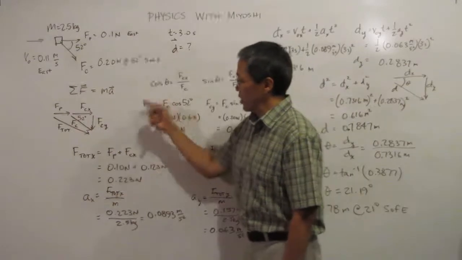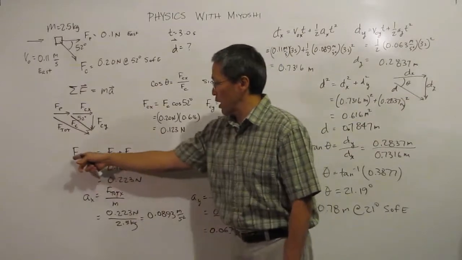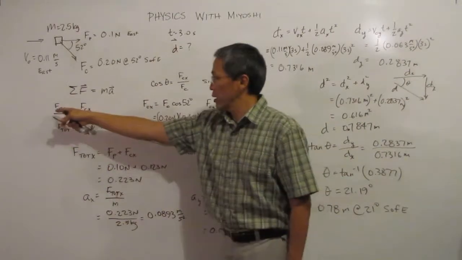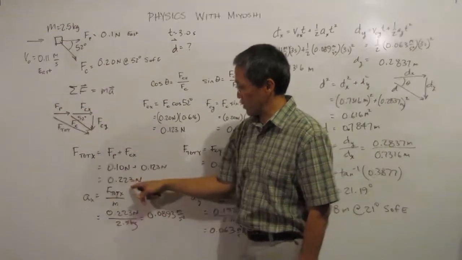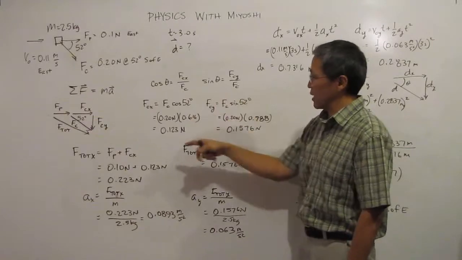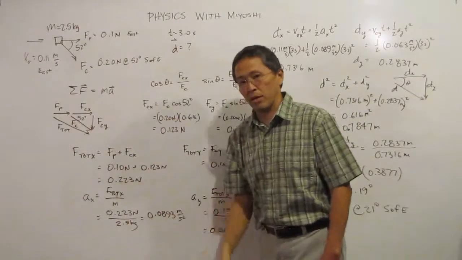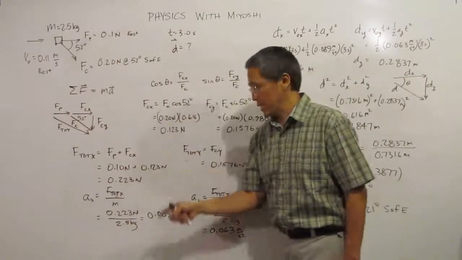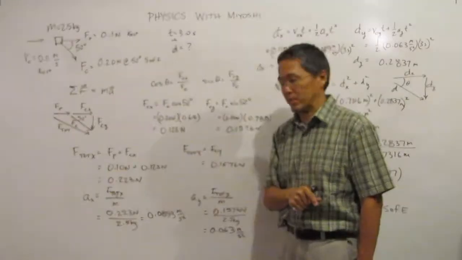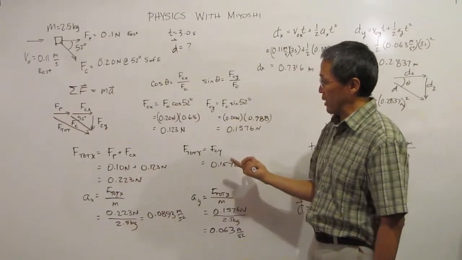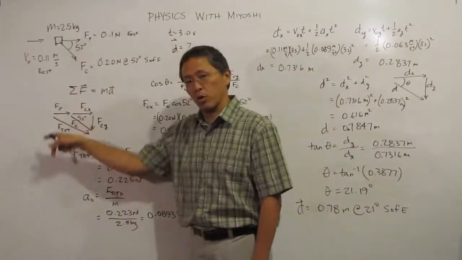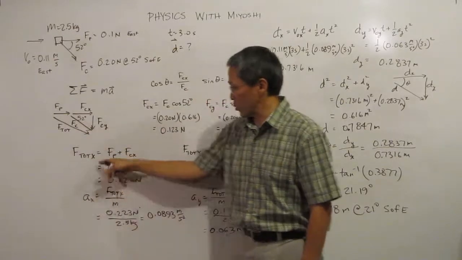Now, when we figure all this out, we can just worry about our x direction totals, which is these two added together, which gives us 0.223 newtons. And in the y direction, it's just this one. There's no x component or y component for the paddling. And so that ends up being the same as this, which is 0.1576 newtons. Now, again, we don't have to worry about adding those together to find the total force. We just have to worry about the components.